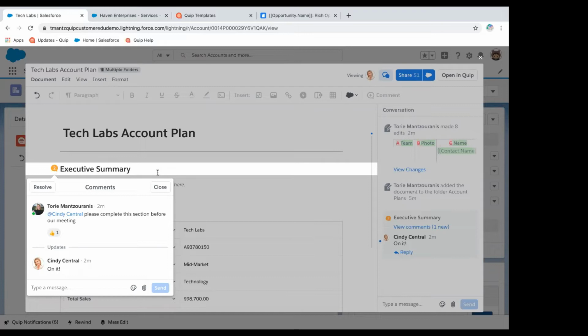What about the sales leader? I want to know, maybe Tech Labs is a really, really key account, and I want to make sure that everything is going along like it should. I can actually dive into this document and I have access as the sales leader, if I'm shared on this document, of course, where I can see this conversation. So I don't have to go to Tori and say, hey, who's completing this? Let me know the status. I can see right here, 2 minutes ago, they had an interaction and Cindy is the one who needs to